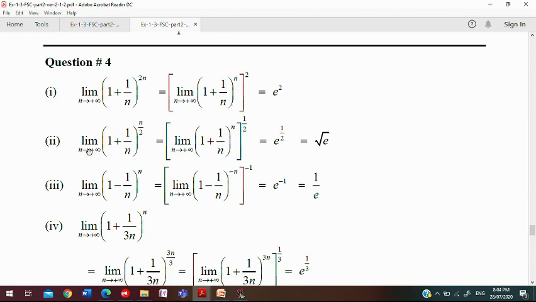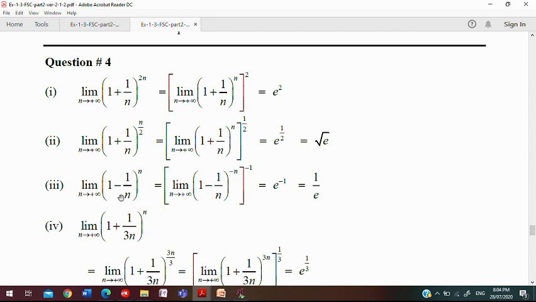Now come to the second part, and that's it. This is a very simple approach. You just need to use the statement of your theorem. Now limit n approaches to infinity, (1 plus 1 by n) power n by 2. In this part, the extra term is 1 by 2. Same as in our previous part, we take the extra part of the power outside of this factor. So the inner side of our statement is equal to exponent e, with the power 1 by 2. So at the end, we get e power under root. This is the answer. Now come to the third part.